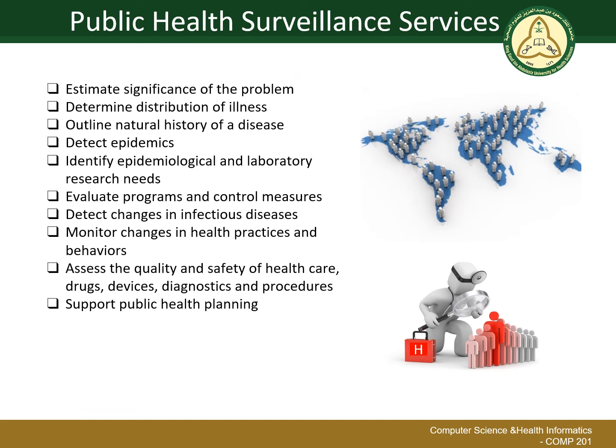So public health surveillance provides many services such as estimating the significance of the problem, determining the distribution of the illness, outlining the natural history of the disease, detecting epidemics, and identifying epidemiological and laboratory research needs, for example, to figure out what is the best treatment, evaluating programs and control measures to prevent the spread of the disease, detecting changes in infectious diseases,